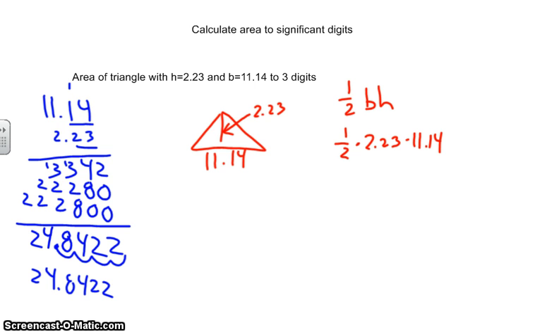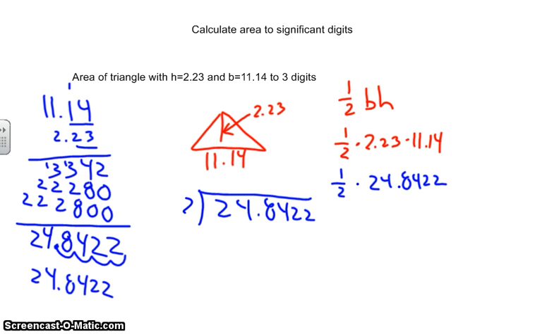I'm not having to deal with that yet because I still have one more part. Because now it says 1/2 times 24.8422. That would mean I'm going to divide that by 2, because multiplying by 1/2 is the same as dividing by 2. So 24.8422 divided by 2. Well, that's 1. That's 2. Put my decimal point here. That's 4. That's 2. That's 1. That's 1. So my final answer here is